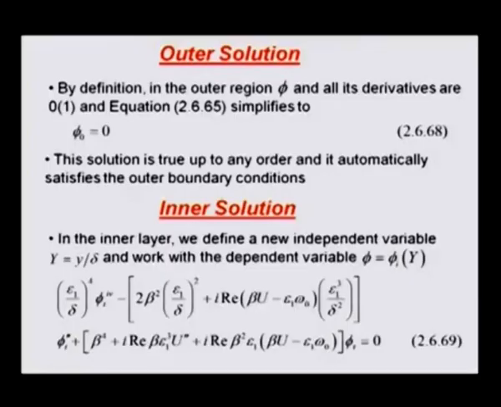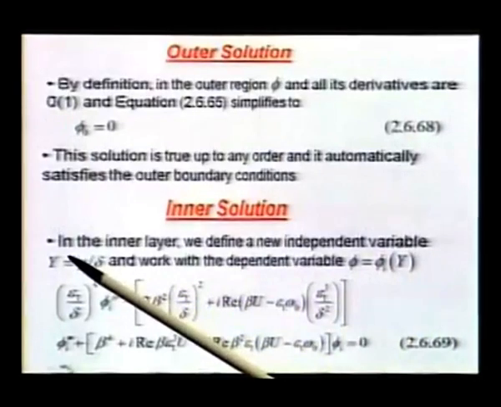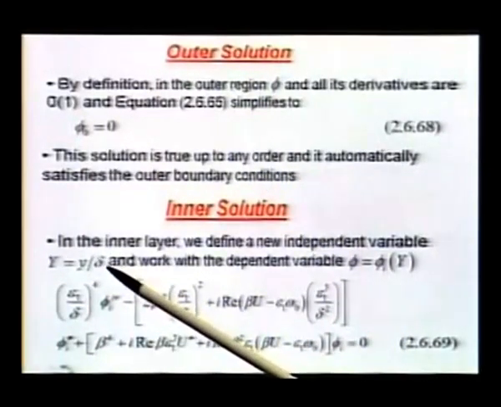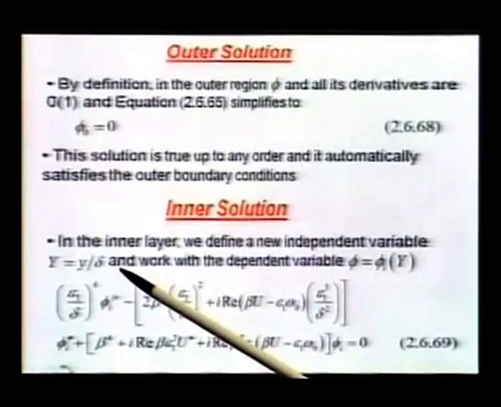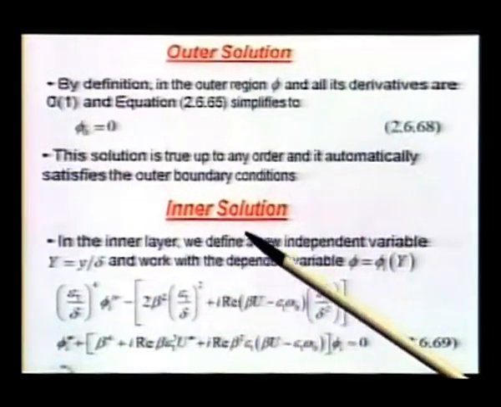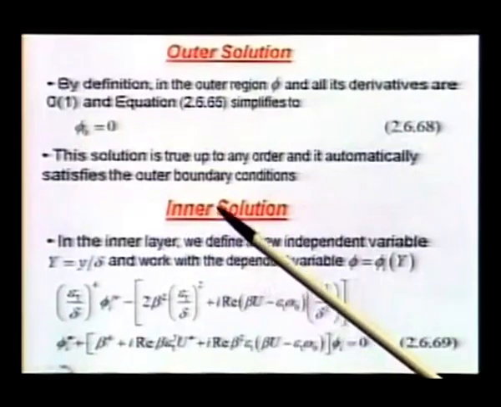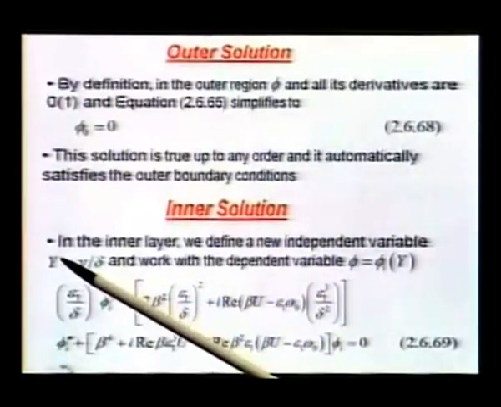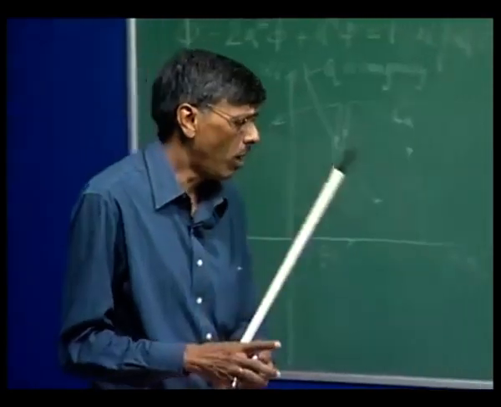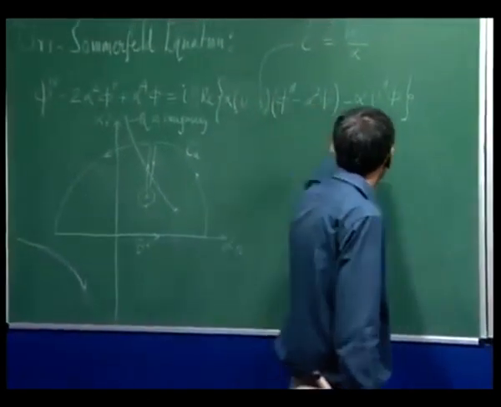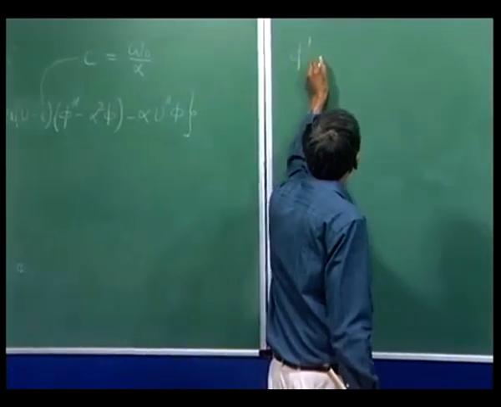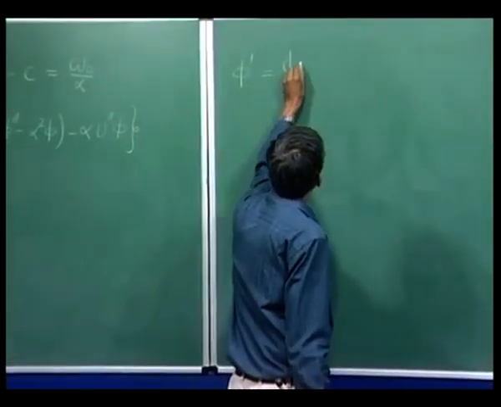So, we need to define a new independent variable, which we will call capital Y. Capital Y will be y divided by the boundary layer thickness of the Orr-Sommerfeld equation. So, this delta has got nothing to do with the delta of the physical boundary layer. This is a mathematical boundary layer of the Orr-Sommerfeld equation. So, we introduce this. Then you know all those terms that we have here. Let us say, for example, when I write phi prime, what I mean is d phi